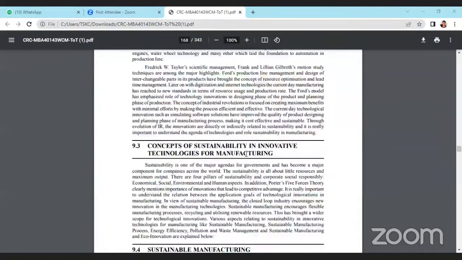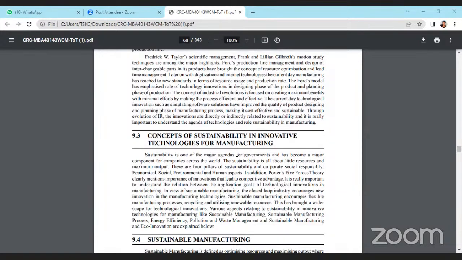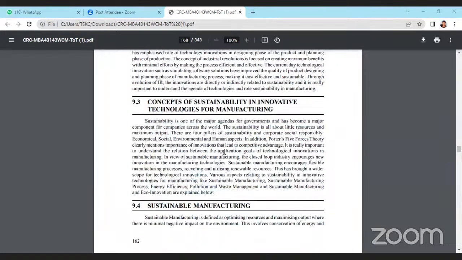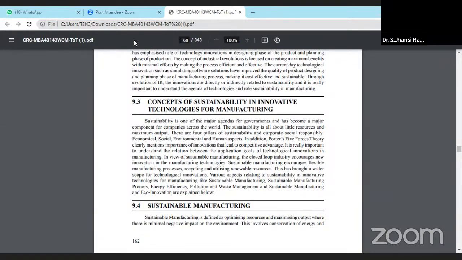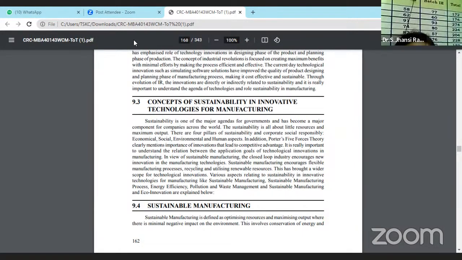and have different concepts that have evolved from the manufacturing technology and the implementation part of innovative technologies for manufacturing. In this, we have come across four pillars of corporate social responsibility: economical, social, environmental, and human aspects were then added to this. And in addition, we have Porter's five forces theory, which is clearly mentioned and will lead to